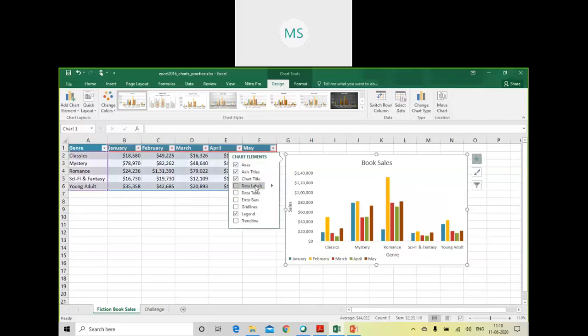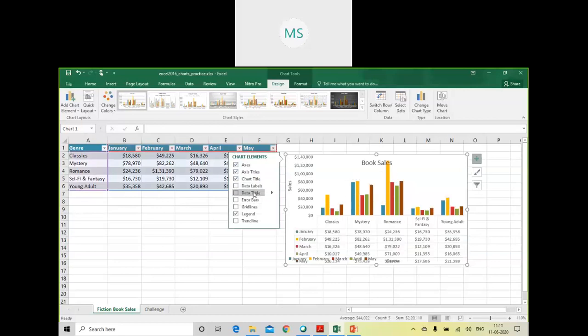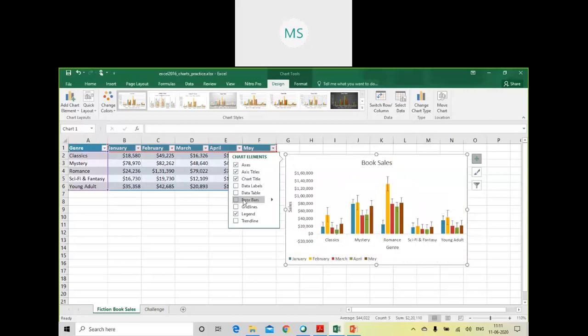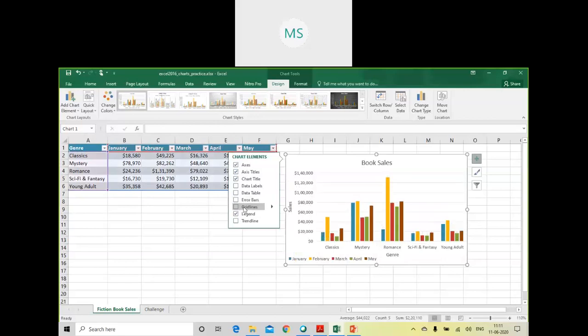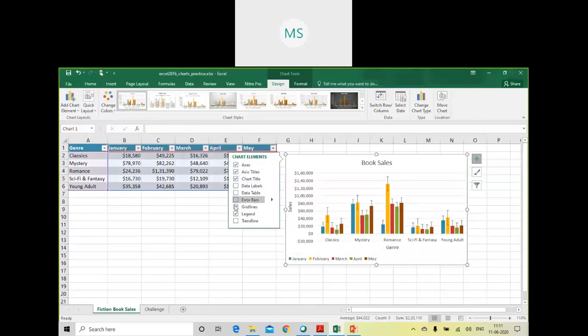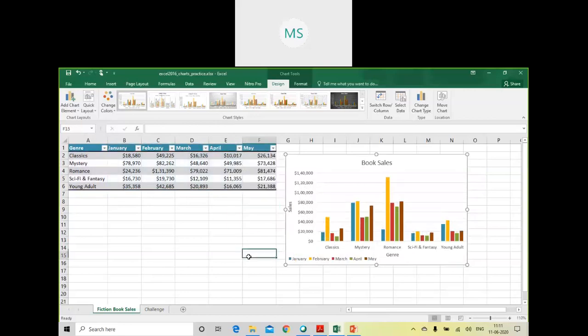Apart from that, if you want data labels, the moment you click on them, the exact figure will also be displayed. Then data table: along with the chart you will also be able to see the table for which the chart has been created. Error bars: if you want to represent some kind of error bars, that can also be done. So this is how your chart can be modified.